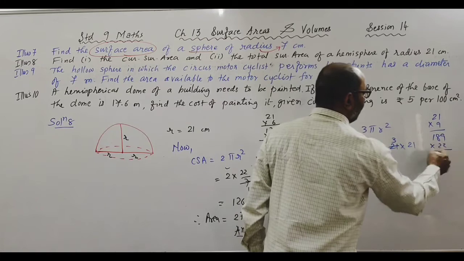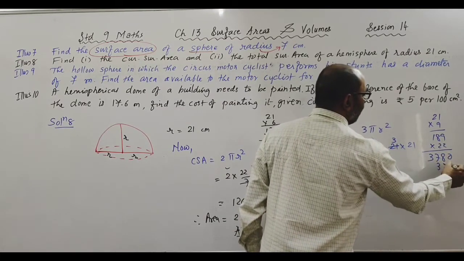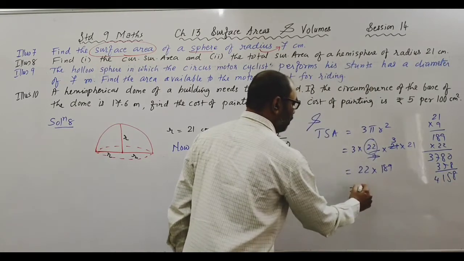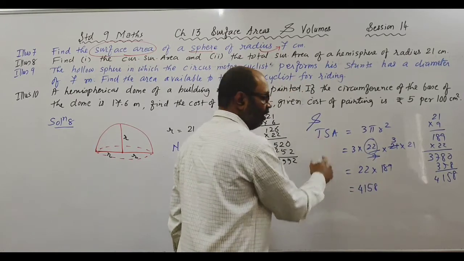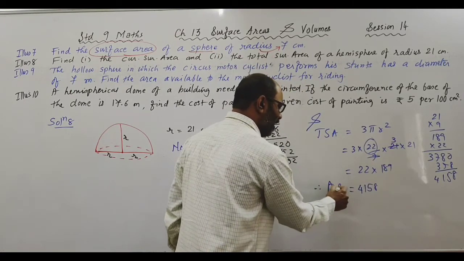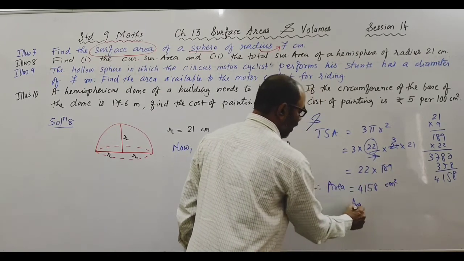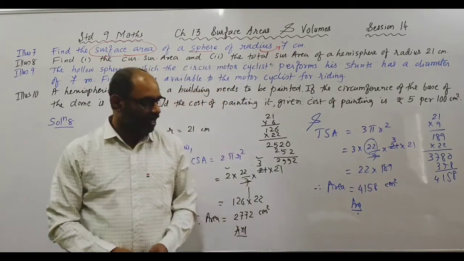189 into 22. 0, 18, 17, 3. 3, 7, 8. 8, 5, 11, 4. So that is 4,158. What have we been finding? The total surface area. That is area only. So area. And the unit is centimeter. And then you can write the answer. The total surface area of given hemisphere is